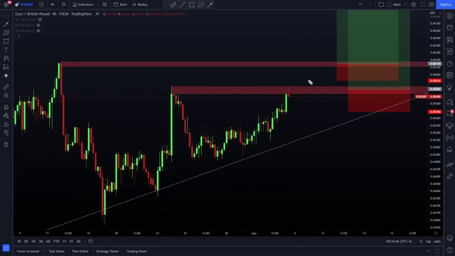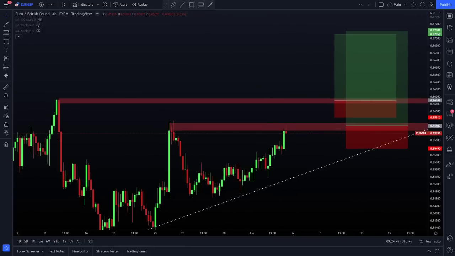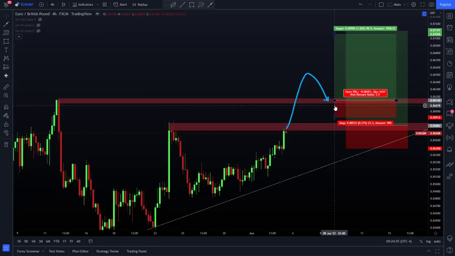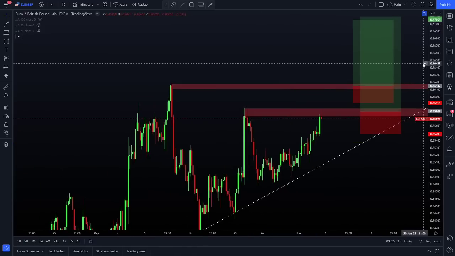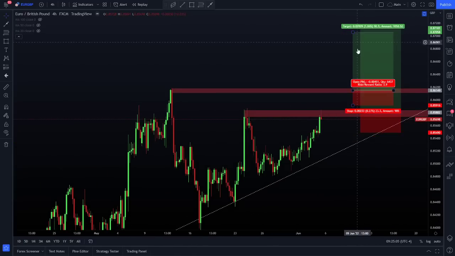If I was to enter, let's take this first example for the more aggressive entry. Let's say price breaks, pulls back this week. Stop loss of, what is that? Stop loss about 25 pips. That's nothing big. So potentially to gain a nice move. If you know my actual style of trading, I don't actually use take profits. What I'll do is I'll trail stops. So I'd be looking for something like this.